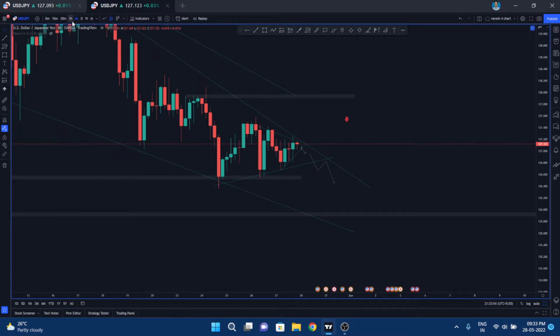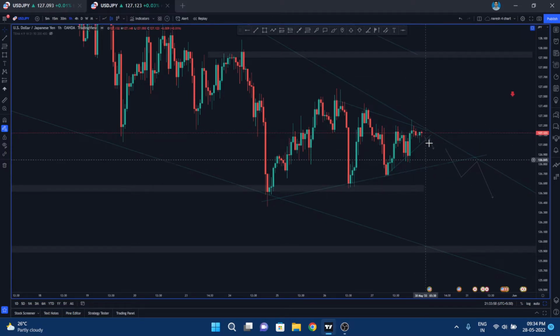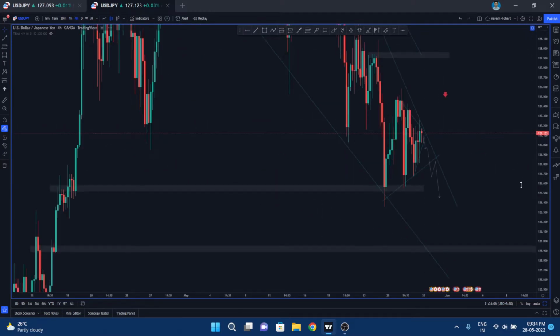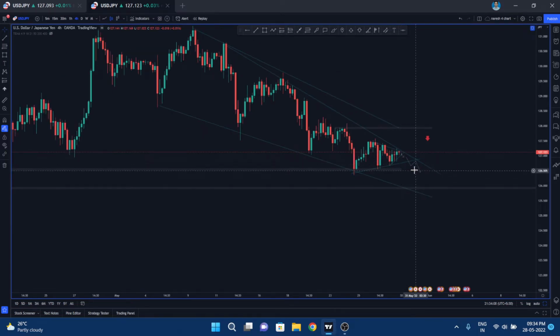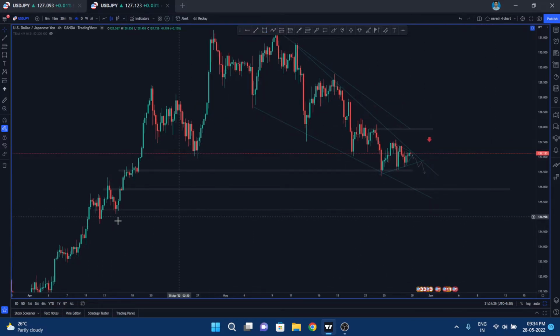If you go to the 1 hour time frame, you can see right now it is making some kind of triangle pattern. If it breaks down and pulls back to this trend line here, I'll be looking for short entries. And in the 4 hour time frame also, we can see it is in a consolidation phase. Wait for the break of this pattern and a close below this area, then wait for the pullback to this trend line, and you can look for short entries toward this area as the first target. The next target, if it continues down, could be this area as well. So that would be USD JPY, guys.